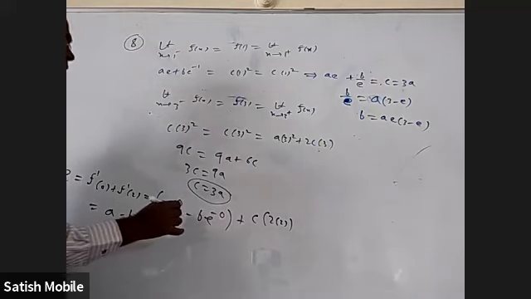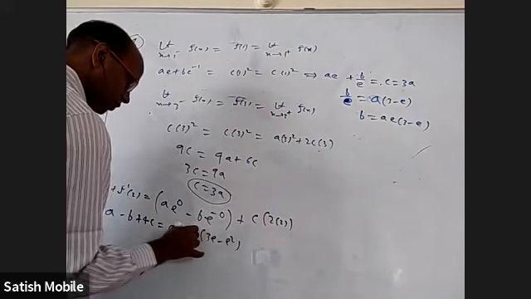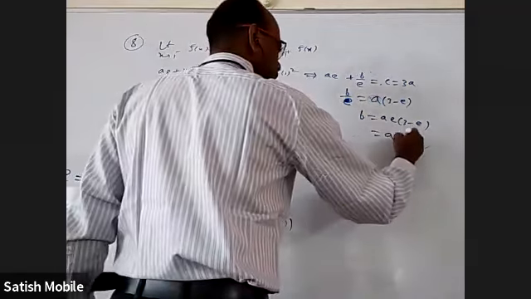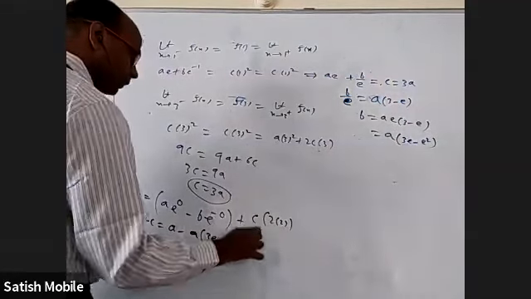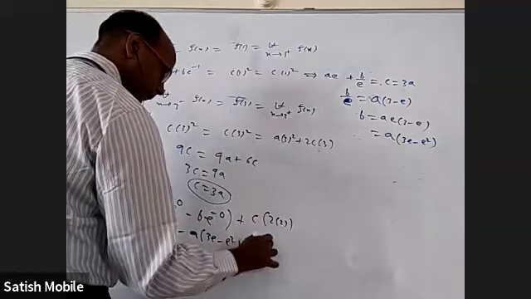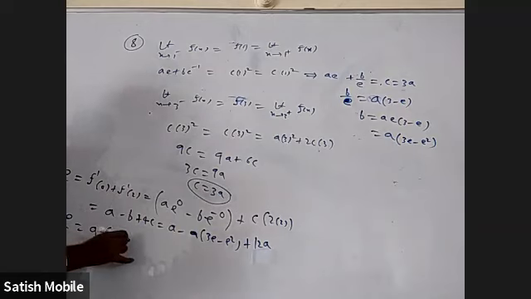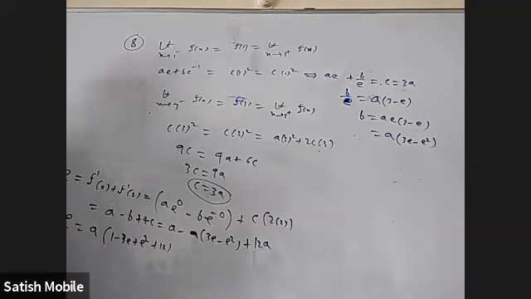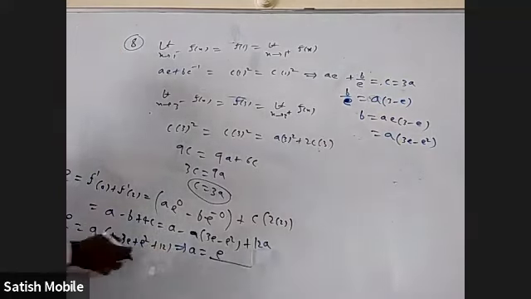What is b in terms of a? That one, which is a into 3e minus e square. And 4c will be 12a. So e is equal to, if I take a common, a into 1 minus 3e plus e square plus 12. From this, a is e by e square minus 3e plus 13.